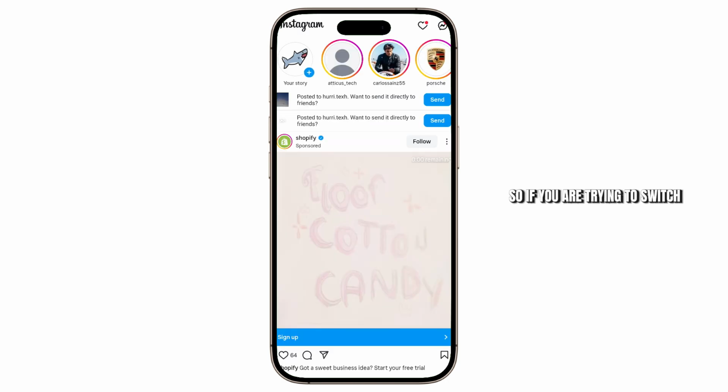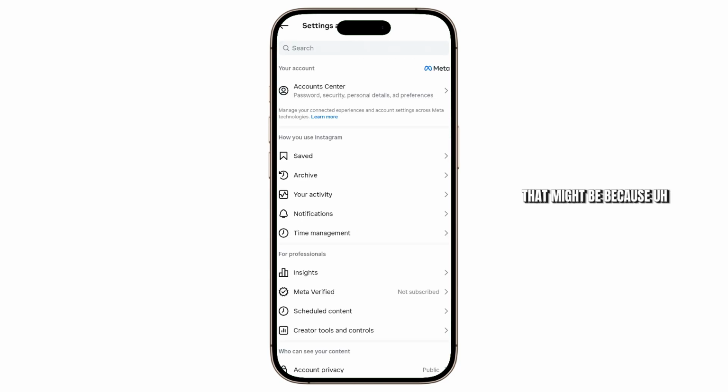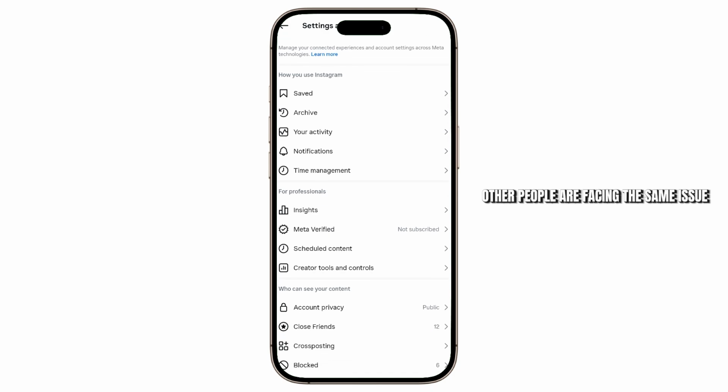So if you're trying to switch over to professional or a personal account and you're unable to do so, that might be because Instagram servers are facing a lot of traffic and it might be a widespread issue. So you might want to check on Reddit or other platforms to see if other people are facing the same